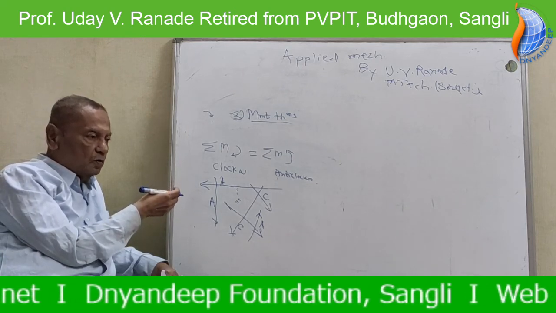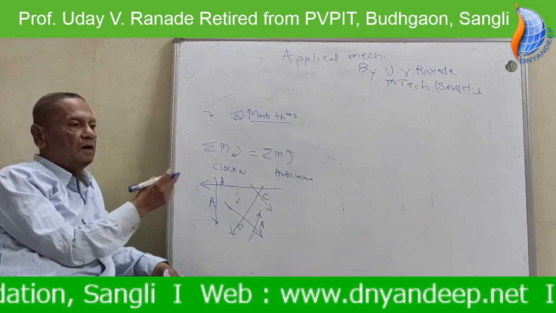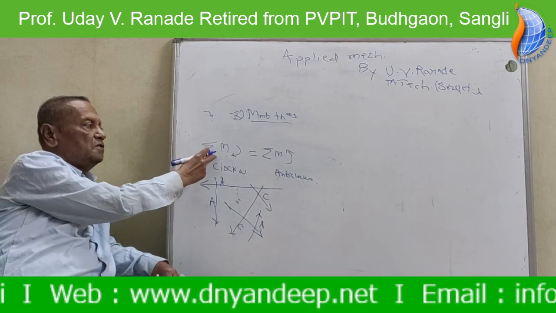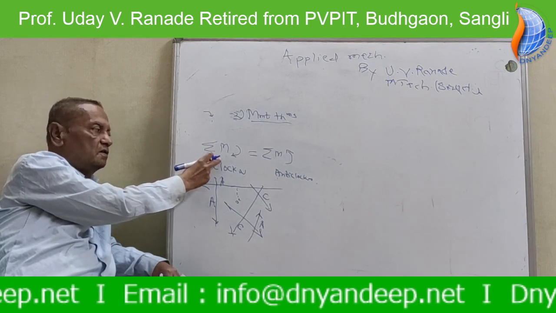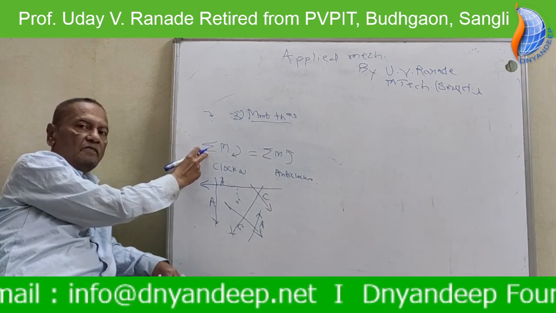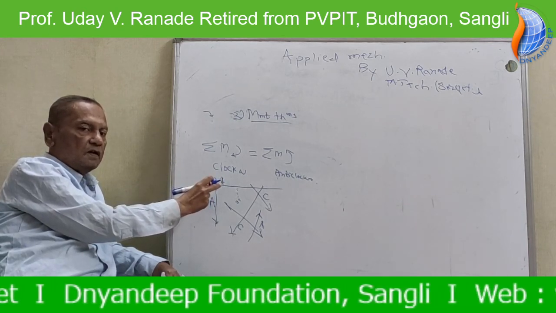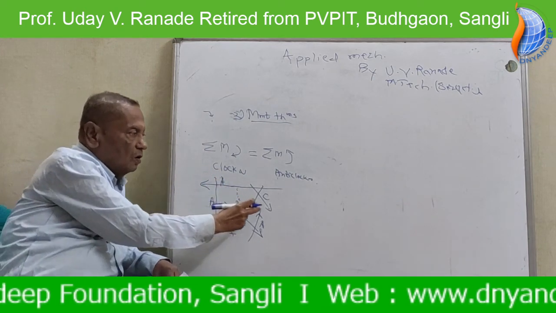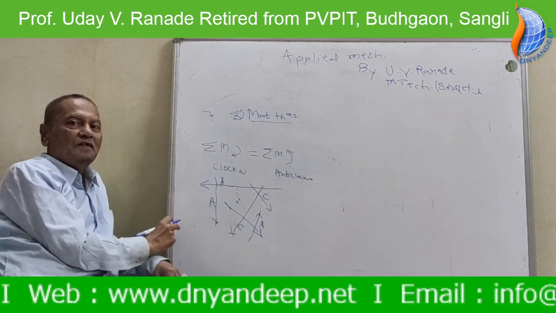See all forces which are causing anti-clockwise moments and add them. And make the equation: summation of moments of forces causing clockwise moment on the left hand side and summation of moments of all forces causing anti-clockwise moment on the right hand side, and equate. If you equate, you will get